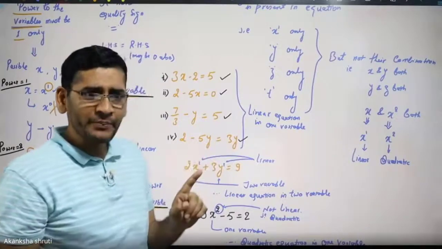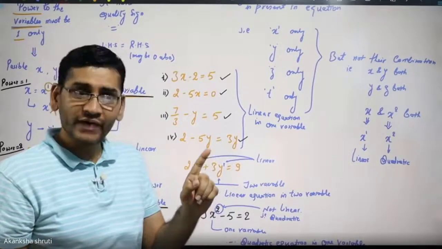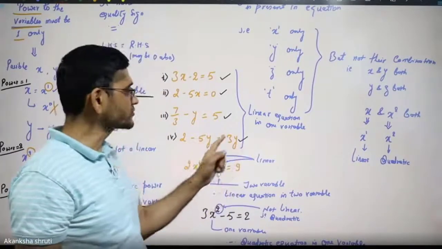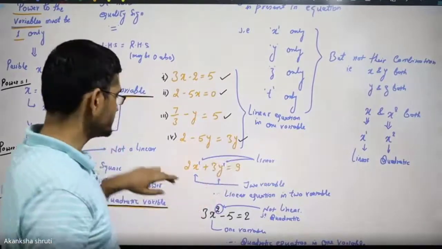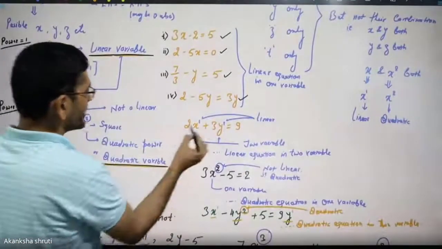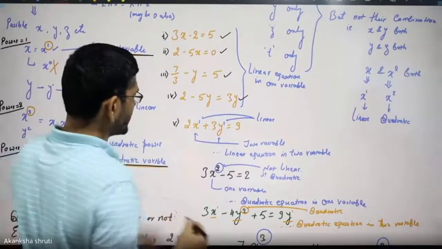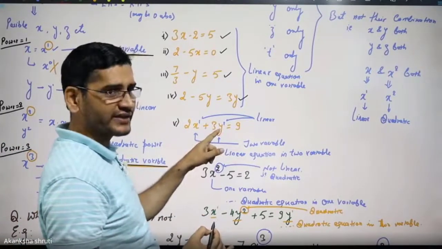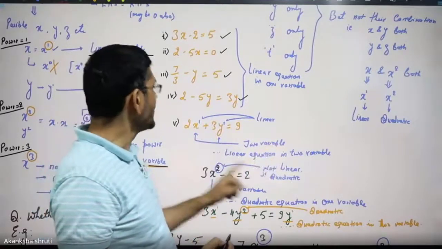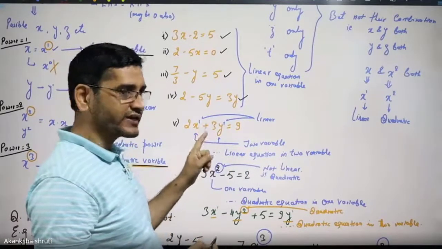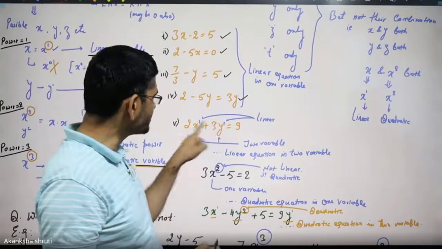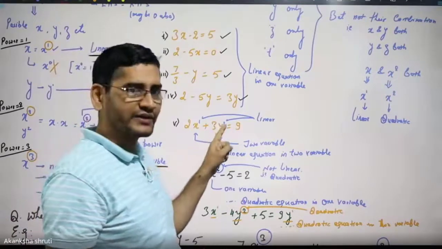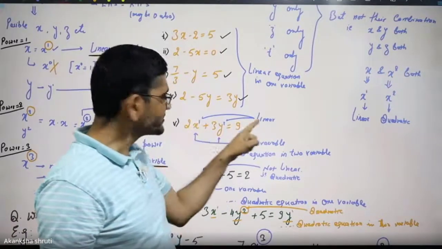The fourth was also a linear equation in one variable, though the variable was present at two places. So the number of places is not important, student. What is important is how many types of variable. It is also one type of variable. Now coming to the fifth one, here we observe two kinds of variable, one is x, another one is y. So it is two variables, but whether it is linear or quadratic is decided by the power of the variable. For x, the power is 1. Also for y, the power is 1. Therefore, both of these are linear.